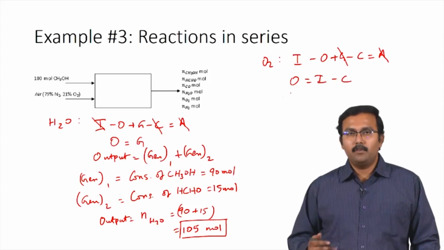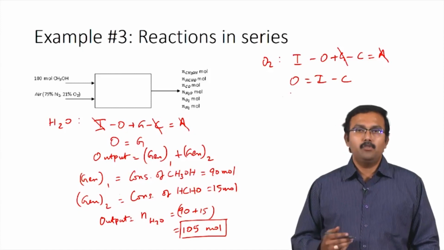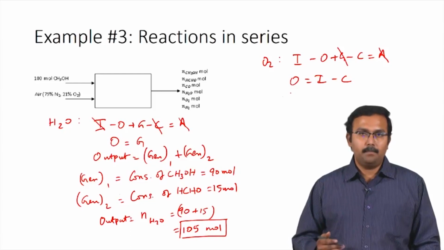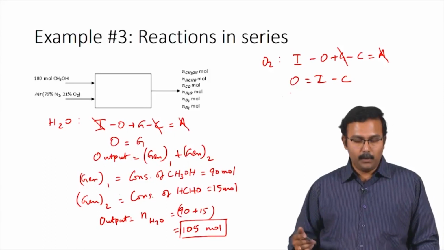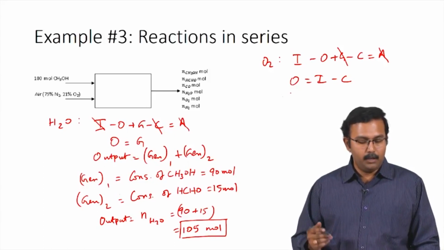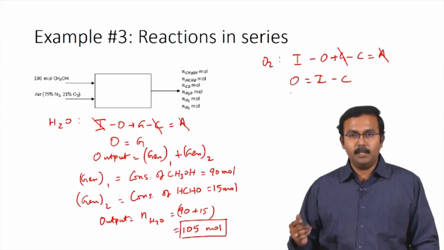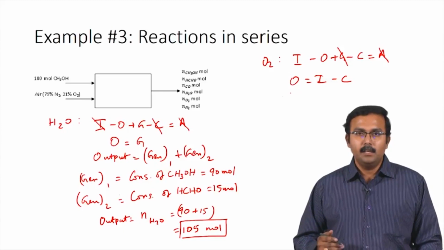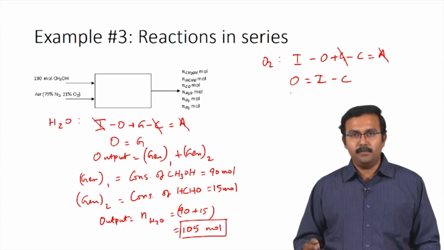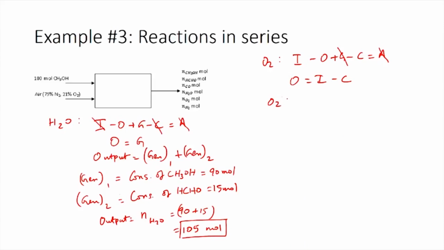We can calculate the amount of oxygen which is supplied to the system based on the information given to us in the problem. The problem statement tells us that air is supplied at twice the stoichiometric amount as what is required for complete conversion of methanol to the desired products which are fed to the reactor. So, now based on this information we can calculate the amount of oxygen fed as follows. Oxygen supplied, which is the input, is equal to 2 times stoichiometric